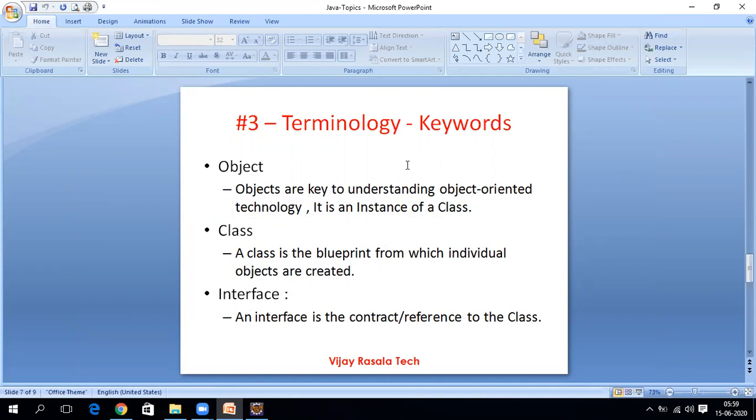So first we will talk about the object. What is an object? Objects are very important in object-oriented programming. In this technology, Java, or if you take C Sharp, whatever it is, it's an object-oriented technology, so objects are the key part. So what is an object? It is an instance of a class. Let's see how to create the object and how to use that object in the next